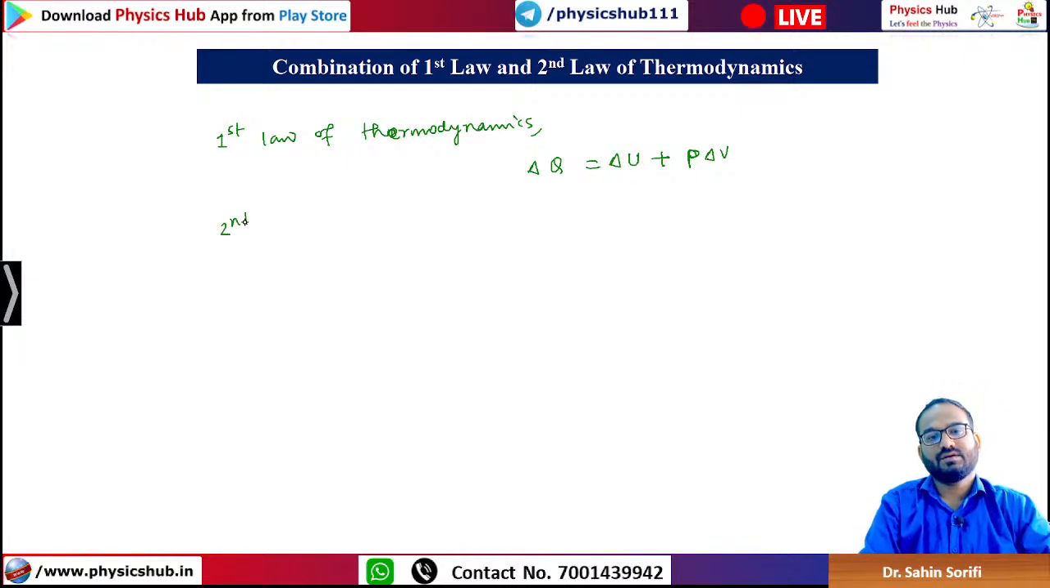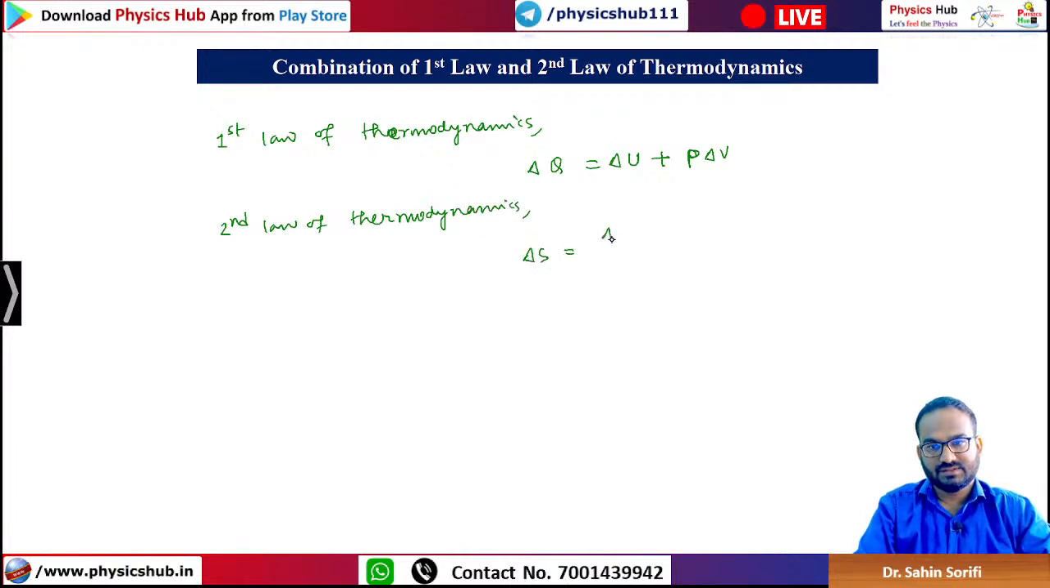And the second law of thermodynamics, what does it say? It says delta S = delta Q on